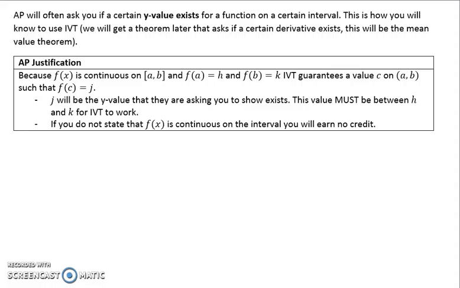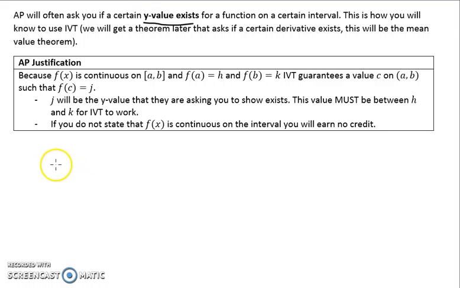Our AP exam is often going to ask us to verify that a certain y value exists on a function on a certain interval. That's where we're going to end up seeing this on free response type questions, and this is how we're going to know we're using IVT. Later on, we're going to learn the mean value theorem, and that's going to ask about derivatives. So if they ever say, does a y value exist, we know we're going to be thinking about intermediate value